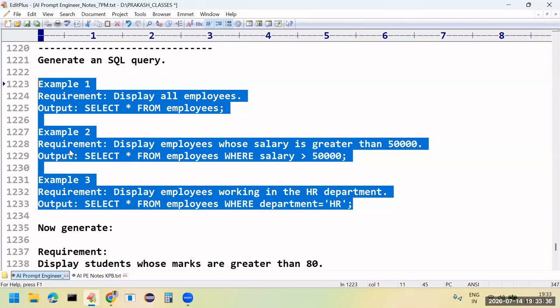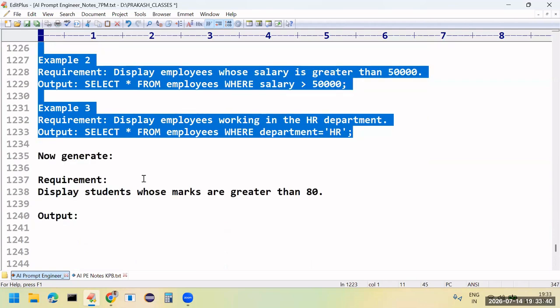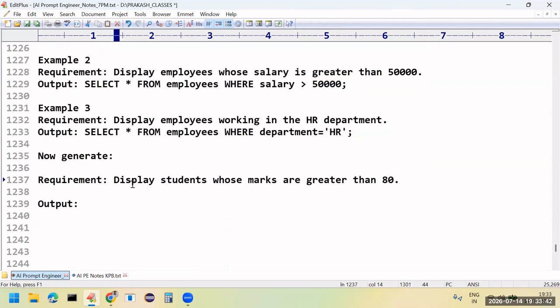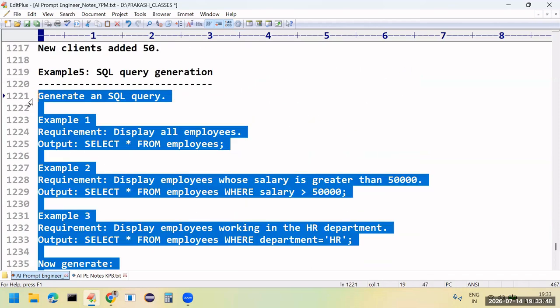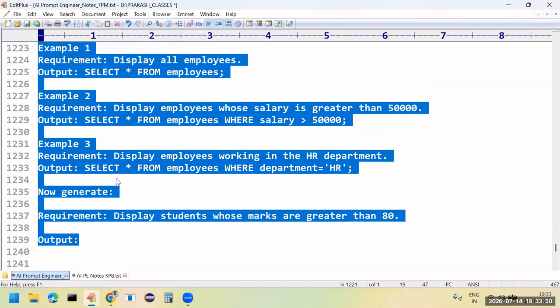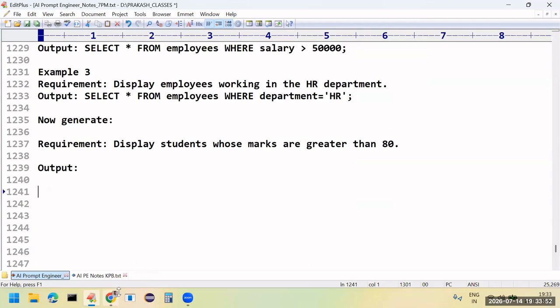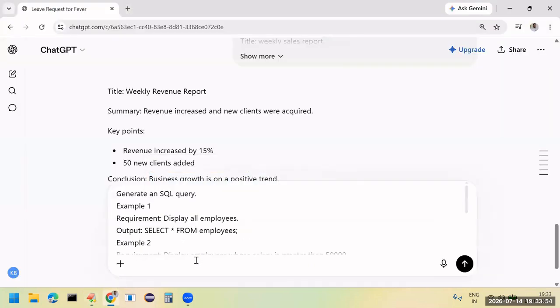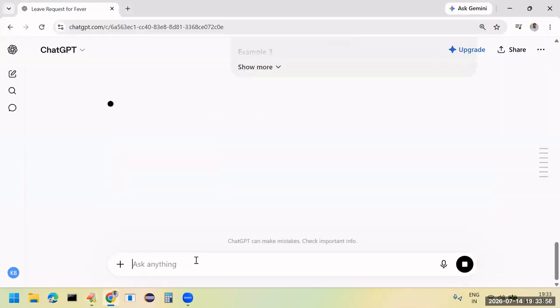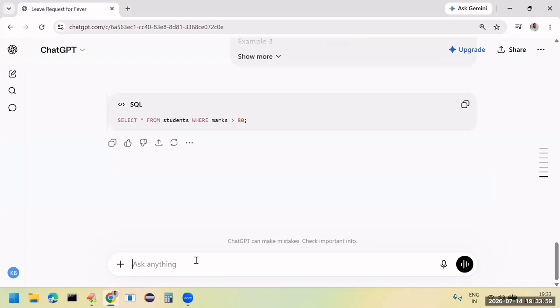Yes, clear. Now, can you please generate? What is my requirement? Display the students whose marks are greater than 80. So can you please identify the pattern from the three examples which I have given? Based on that, can you please generate the query? Now observe, what is the SQL query? Select star from students where marks are greater than 80.